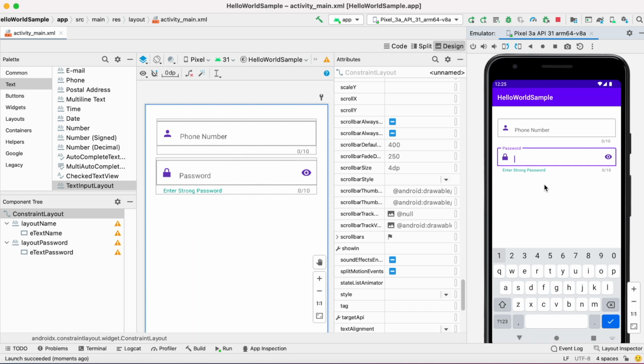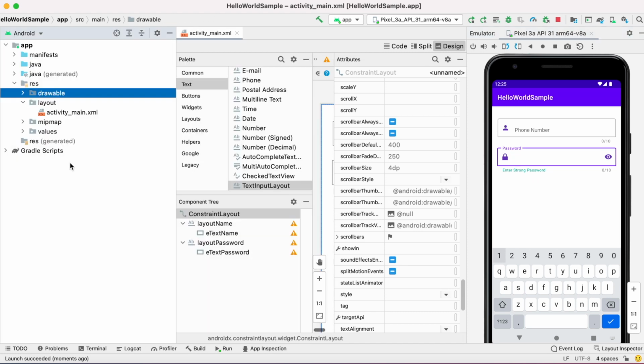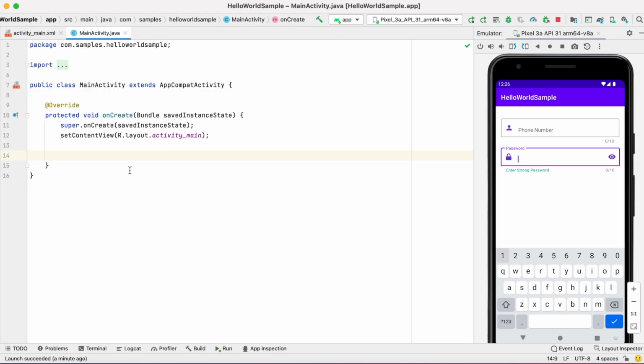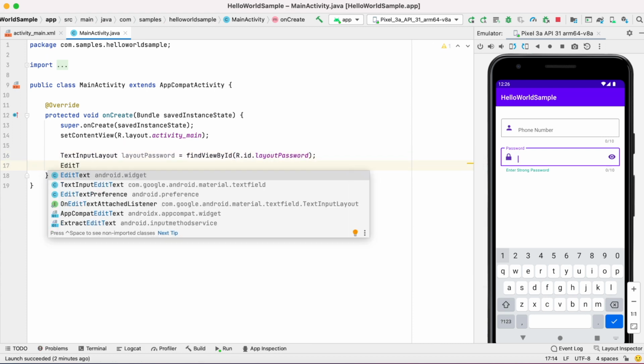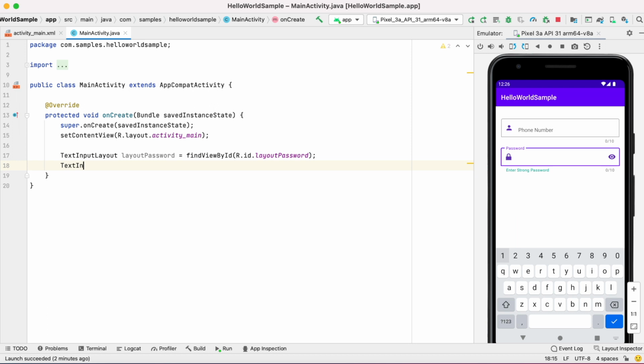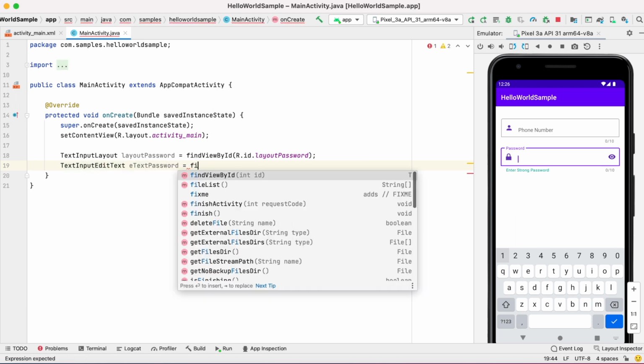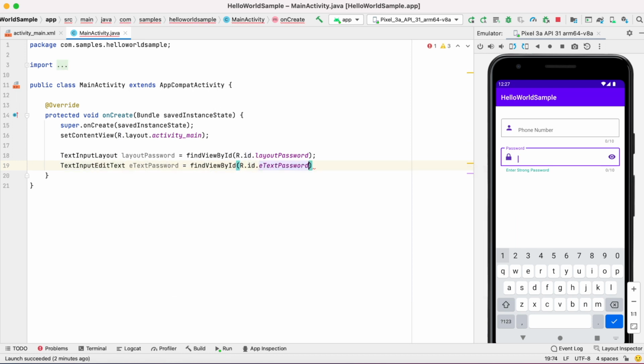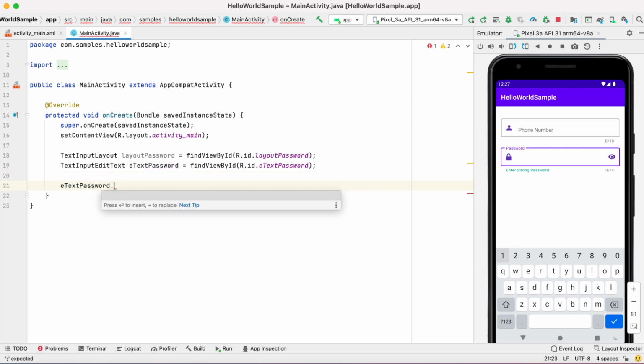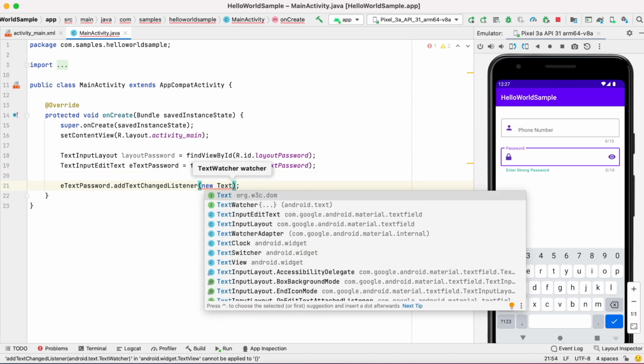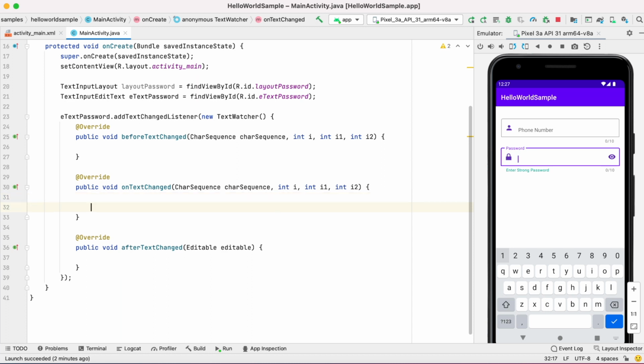But now I wanted to show an error message based on the password validation. I wanted the user to enter a minimum of one special character. If it is not entered, I wanted to show an error. So go to your MainActivity.java file, and in the onCreate method, initialize the password layout and edit text fields. I initialized them already, and with the edit text password text change listener, whatever I enter, I'm going to validate.